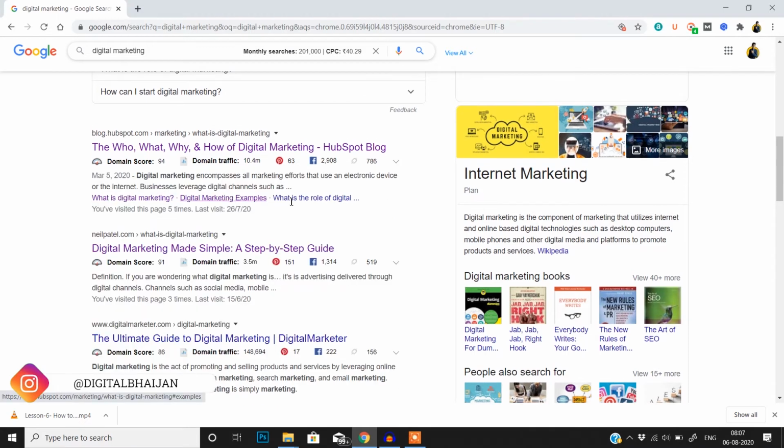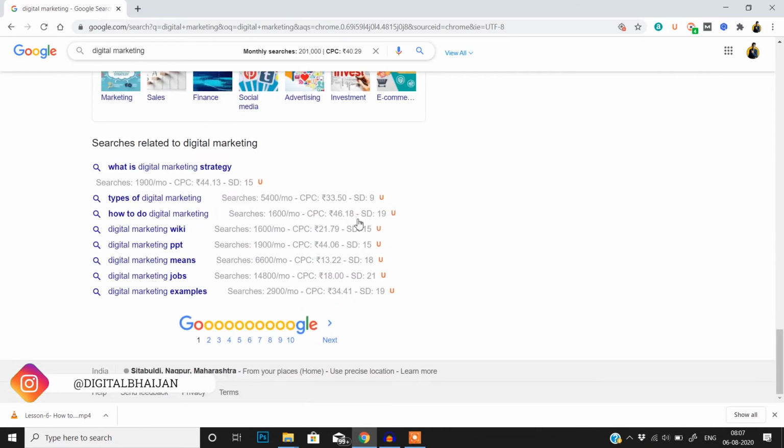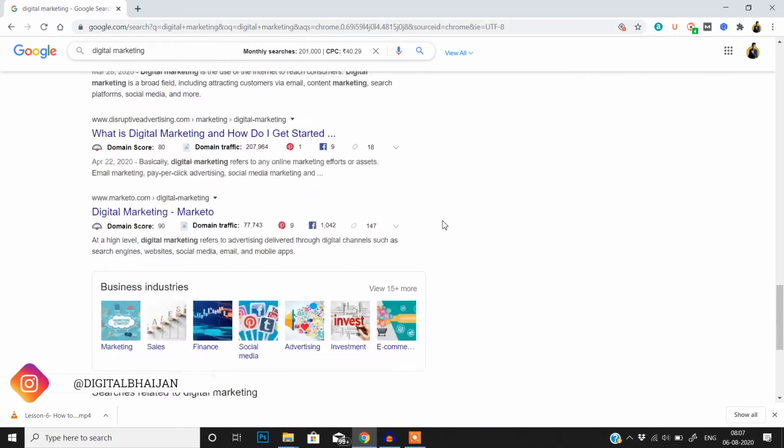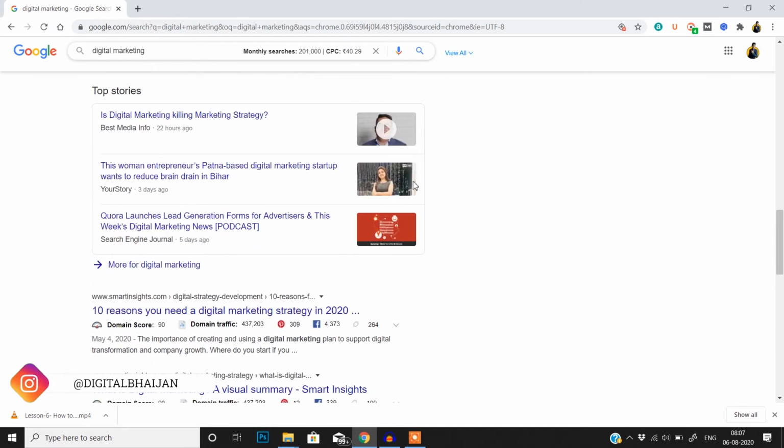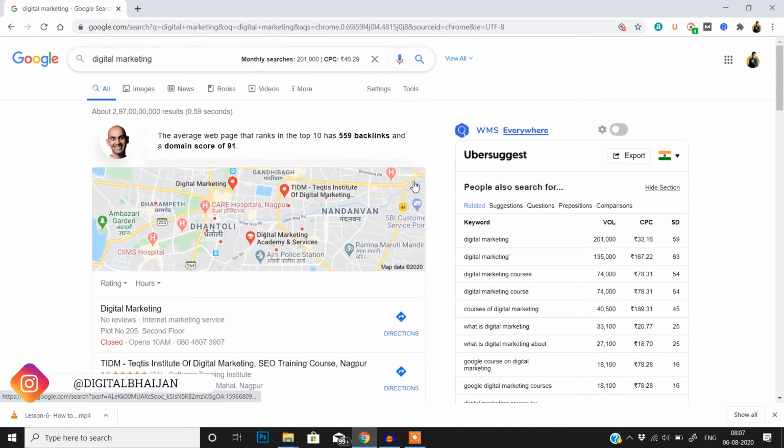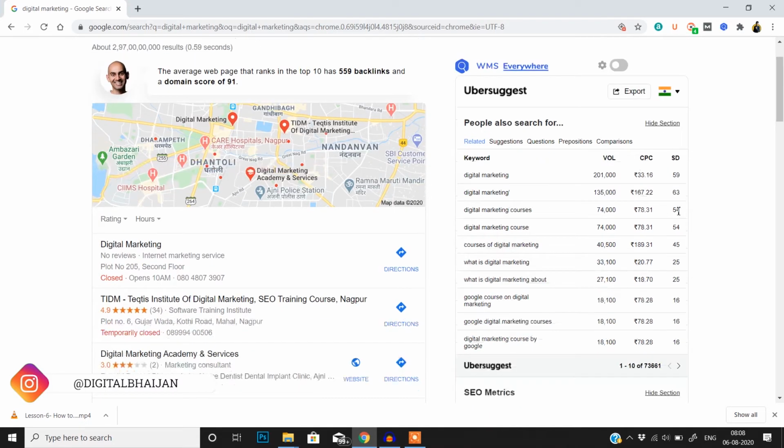Isn't it amazing? Apart from this, if we move to the bottom of the search engine result page, Google will show you related keywords, and Ubersuggest will give you an overview of search volume, CPC, and search engine difficulty for these related keywords. So you don't need to move to the Ubersuggest tool if you effectively use this Chrome extension. I was previously using Keywords Everywhere, but now I'm using Ubersuggest and it's a really amazing tool. Keywords Everywhere doesn't show you the search engine difficulty, so I moved to Ubersuggest and it's pretty amazing.